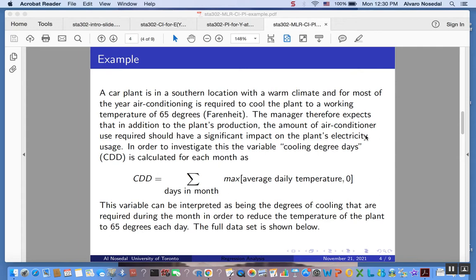Okay, and we had two predictors, in this case CDC, which stands for cooling degree days, and the other one was the plant's production, right? Okay,